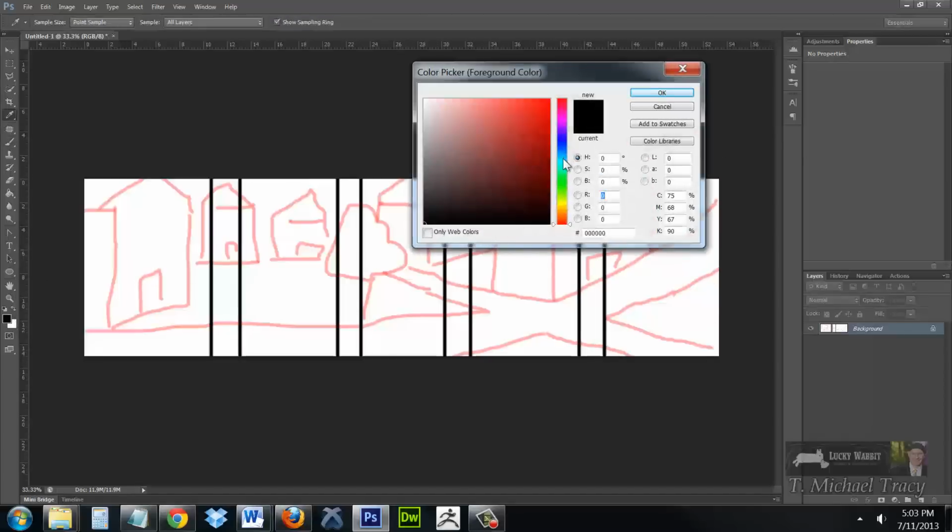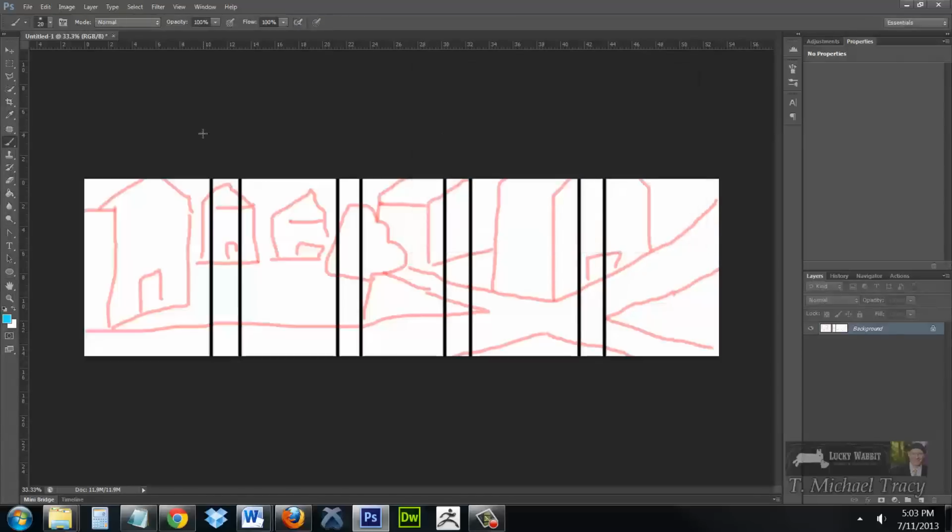I'm going to change colors now just to talk about this. What you're really concerned with here is this slight overlap, this little zone of overlapping data. This is what Photoshop uses to merge the panoramas. It needs common points to understand what connects to what. And if you can set this up in your photography, this is going to work nicely. If you don't have these common points, it's not going to work. So